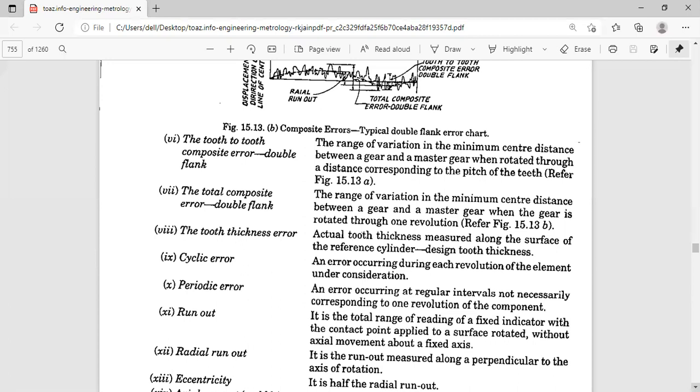That contact point, the tip, you insert between the tooth spaces of the gear, in between two teeth, and you rotate the gear tooth by tooth. The maximum variation on the dial gauge or dial indicator is the runout. And already I told you runout is twice the eccentricity.